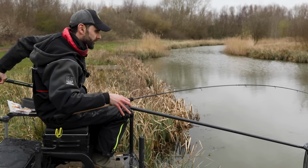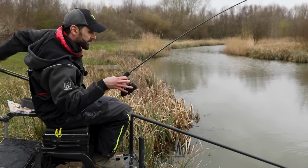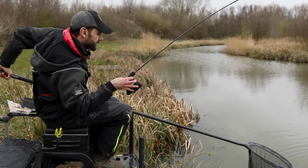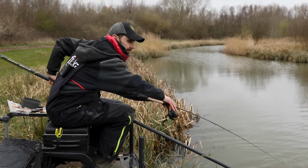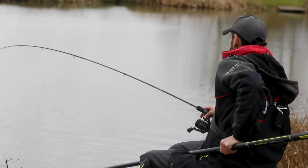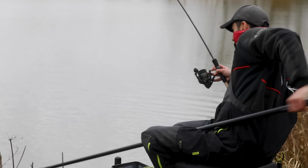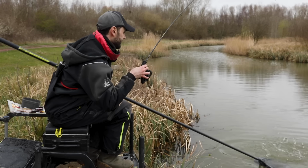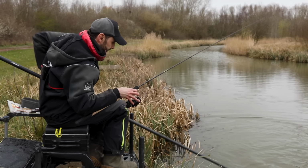No, it's gone off on one. It's quite clear water. And here it comes. It's trying to do me in the weeds. But I don't like to rush too much with these fish because it's very easy to pull out of them. And there we go. Another